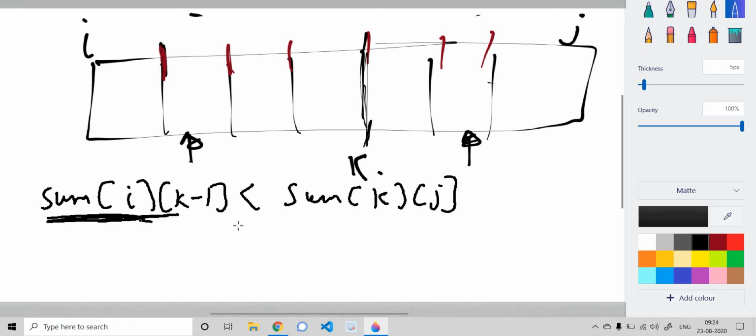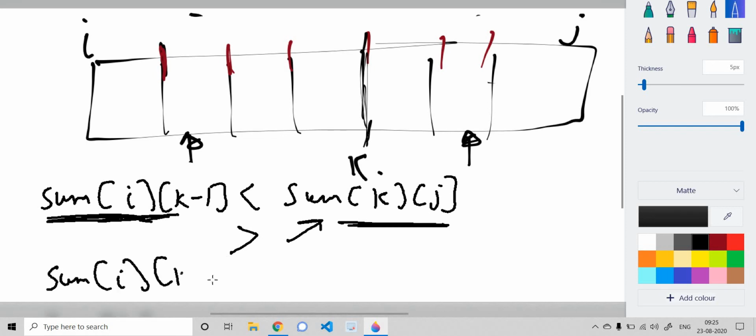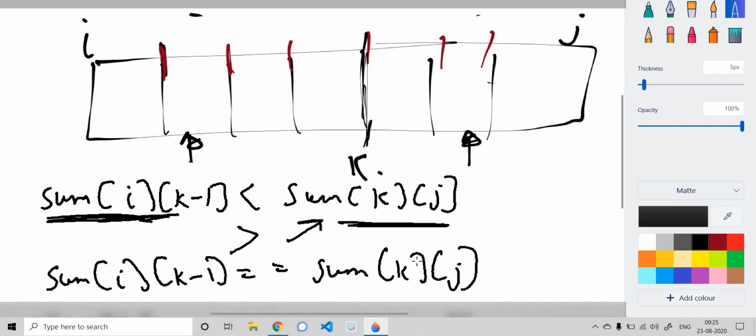And if this sum is greater than this value, then we would be adding the second value to Alice's score. And in the third case, suppose sum[i][k-1] is equal to sum[k][j], in that case Bob is letting Alice choose whichever block he or she wants to choose. Now as we want to maximize our answer, even after dividing the blocks, Alice would be choosing the block where the value of dp would be greater.